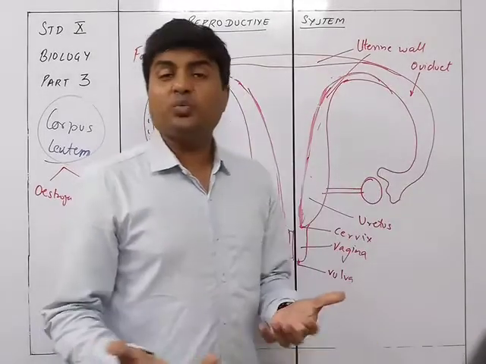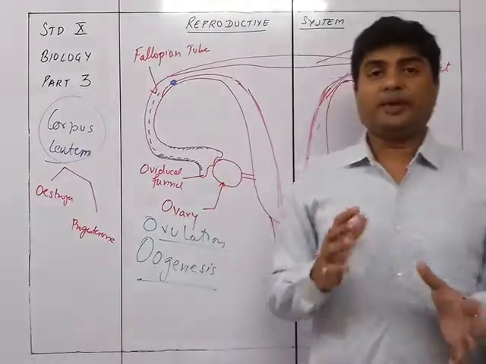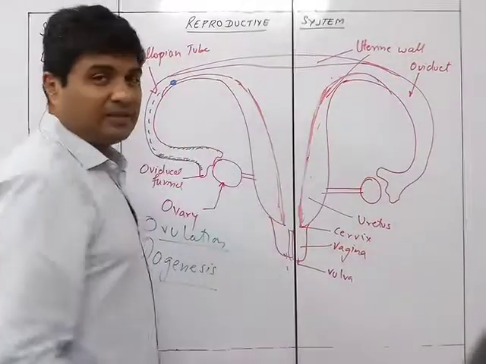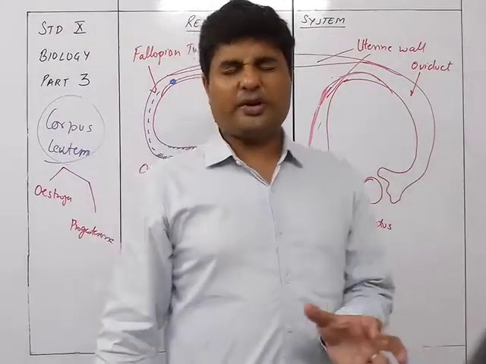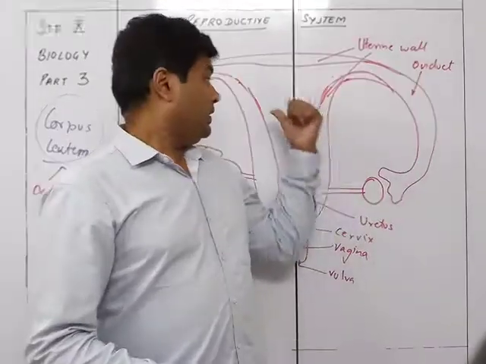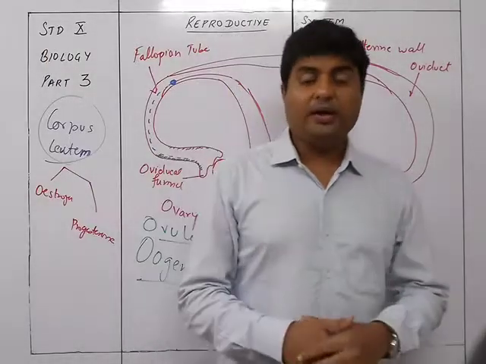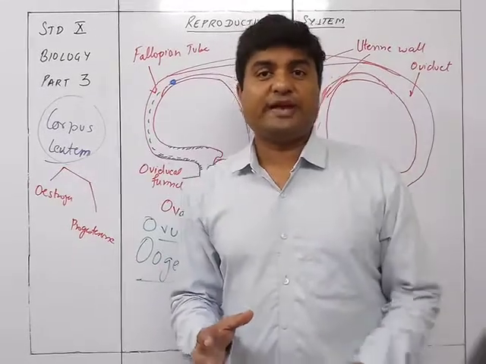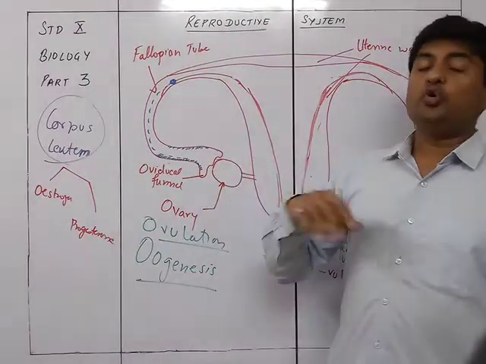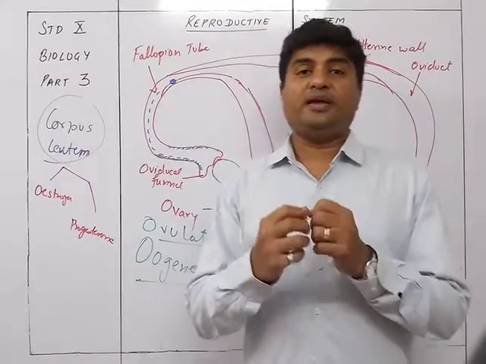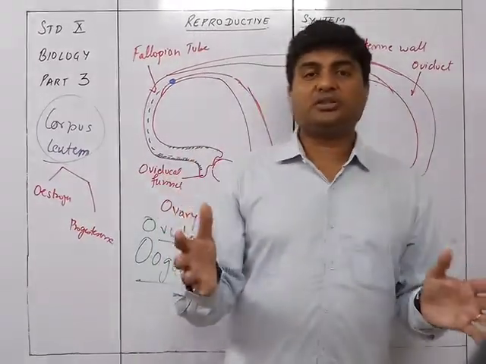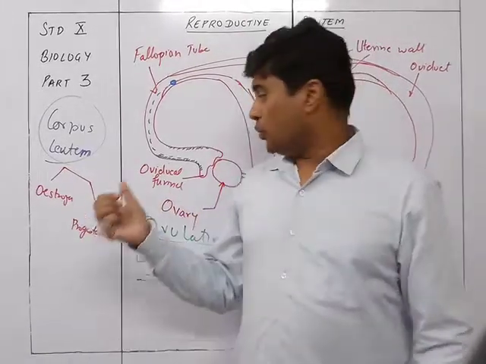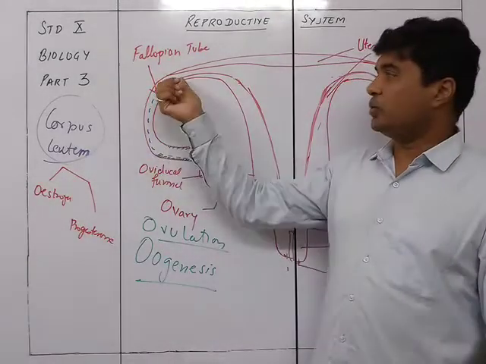So this is what happens in the complete menstrual cycle. It's a simple thing: for the first 4 days there will be shredding of the walls, that is the menstrual phase, in which the lining is shredded. The next one is the follicular stage. In the follicular stage, the follicle present inside is going to become a Graafian follicle, and it will be ready for ovulation. That will be the first 12 to 13 days. On the 13th or 14th day, there will be ovulation, where the ovum is released and goes into the oviduct.